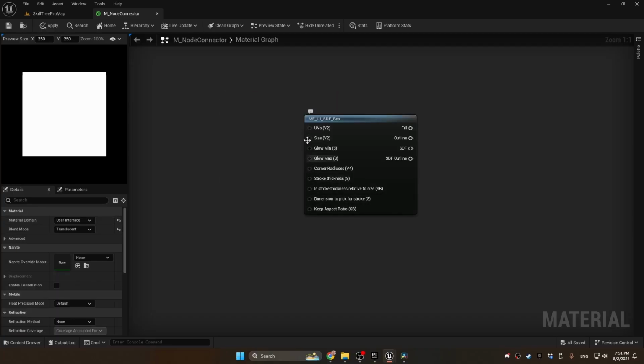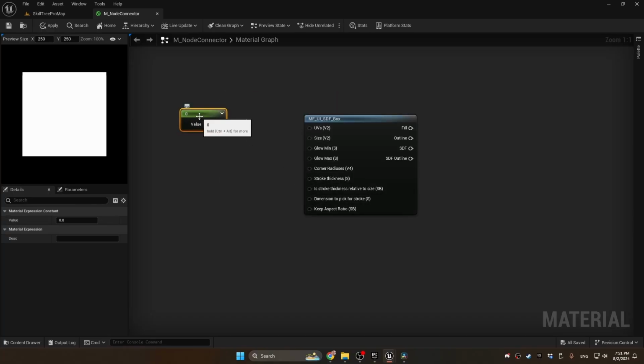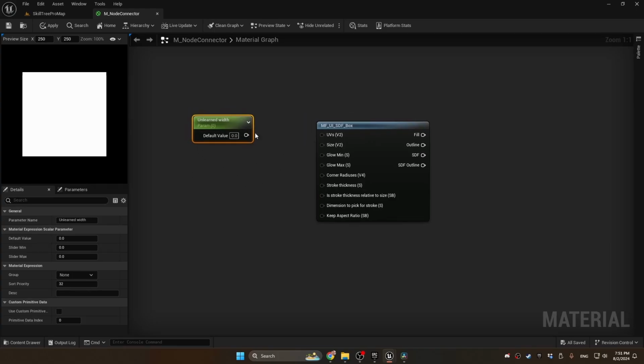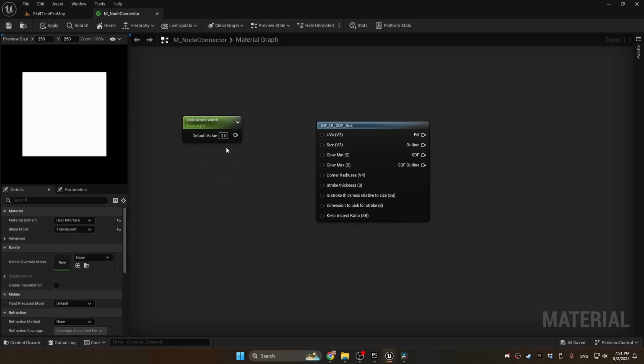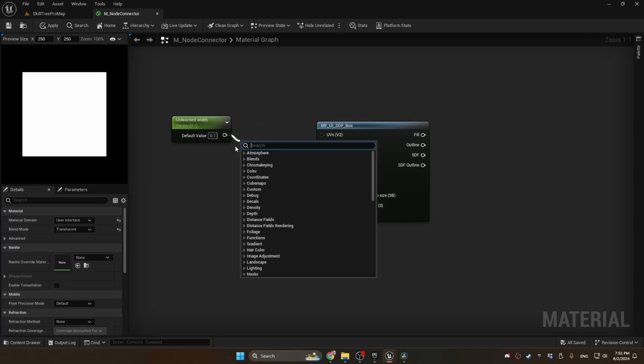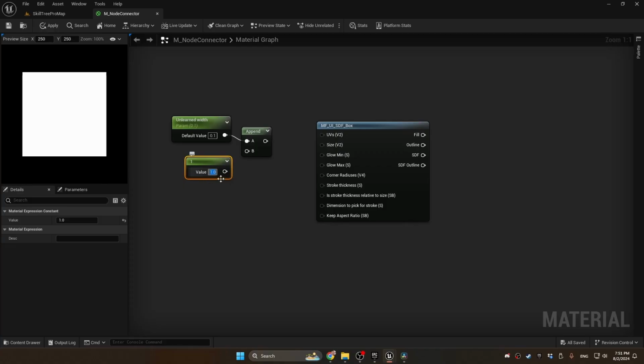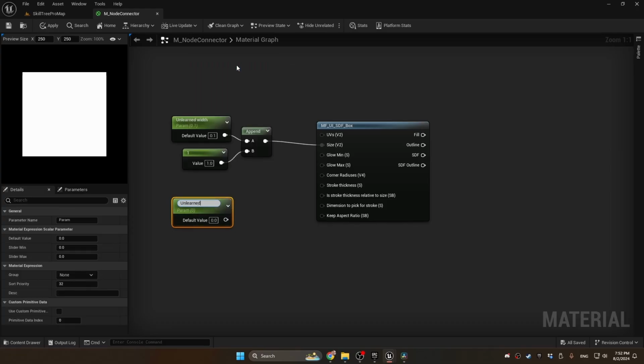Let's start inputting some of these. One, left click, right click on it, convert to parameter. We'll call this unlearned width. Eventually we'll have learned and unlearned parameters in this material. We'll just do unlearned for now. And that's the base appearance of the connector. And we'll make it 0.1. Append vector, one left click, make this 1. So 0.1 and 1. Plug it into size, one left click, convert to parameter, unlearned glow, and we'll make this